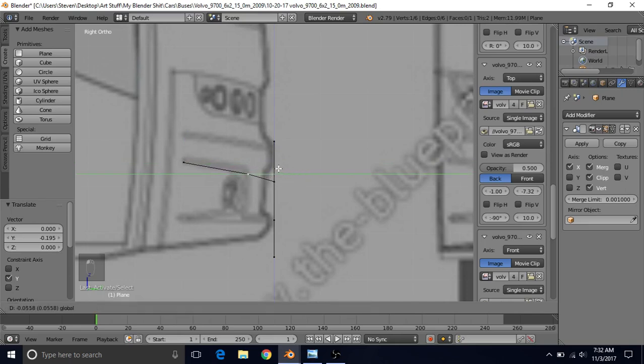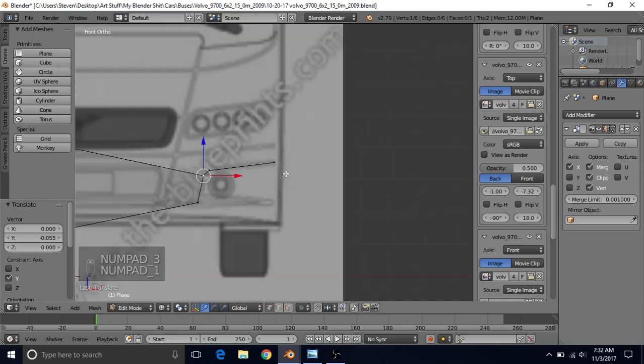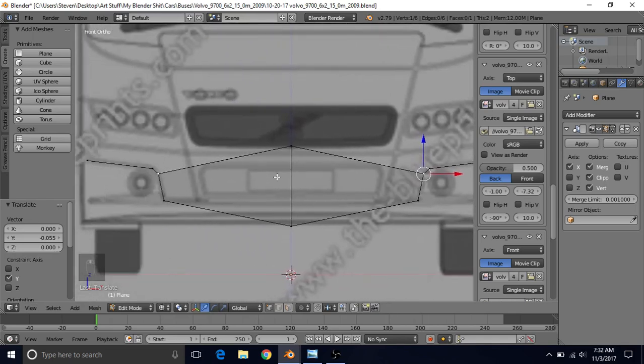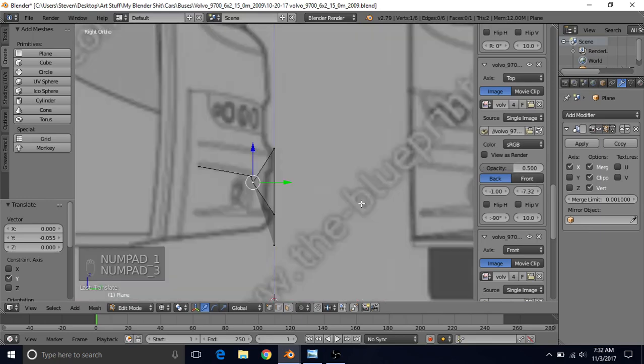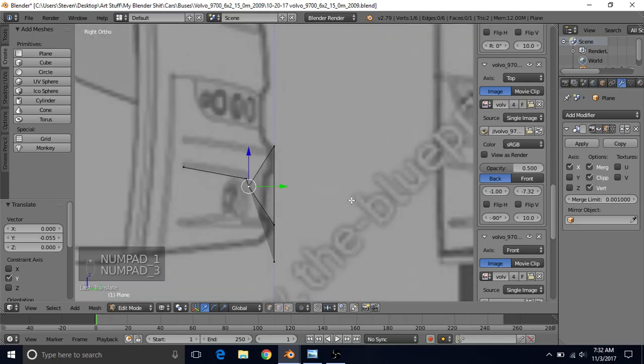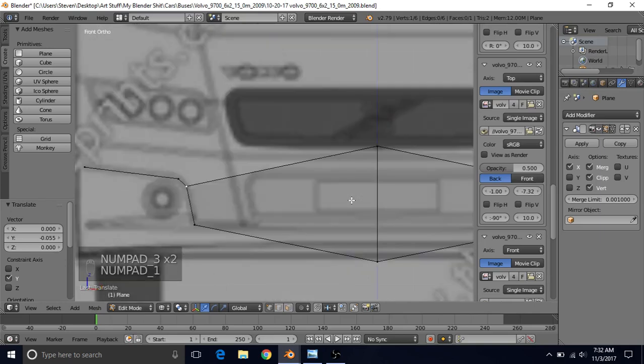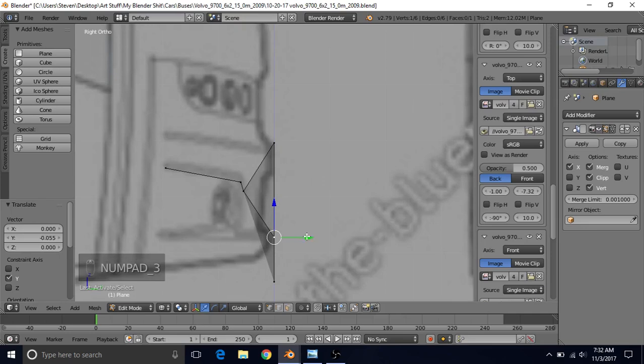This one I believe is the top of that curve, so you want that to be at the top of the curve. And this one is at the bottom of the curve. I do believe this reference may be a little off in comparison to the side, but that's okay. We're going to select this one, and in side view we're going to bring it over to